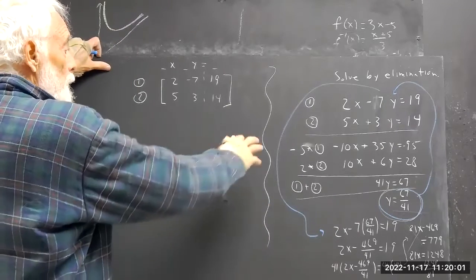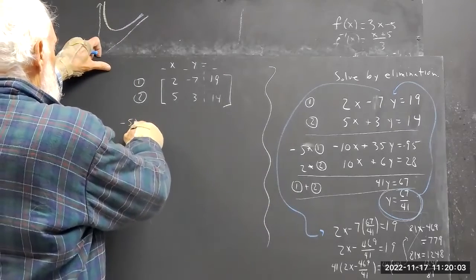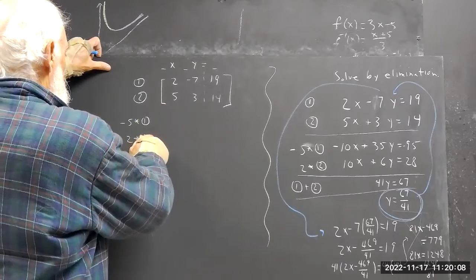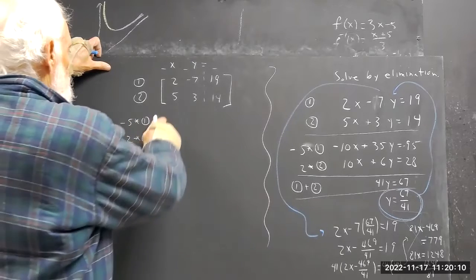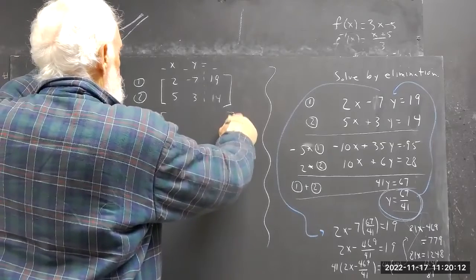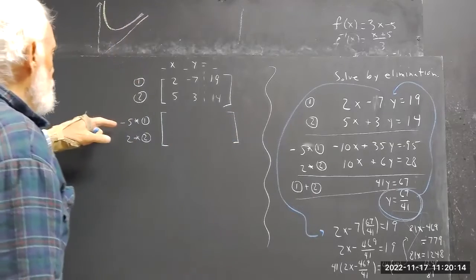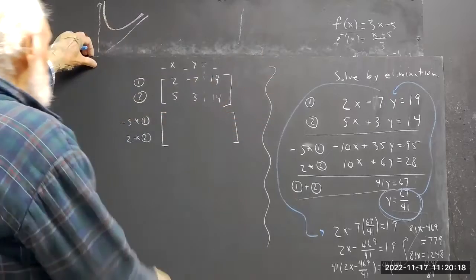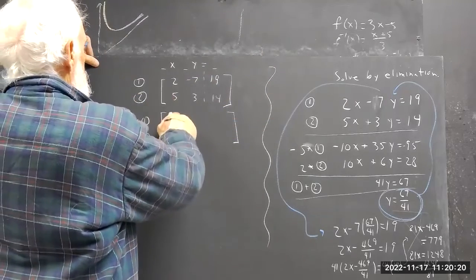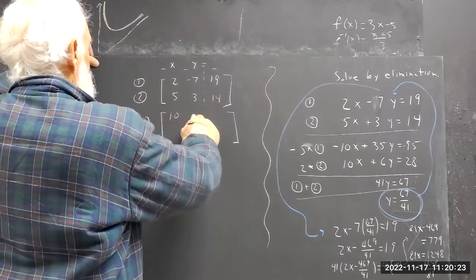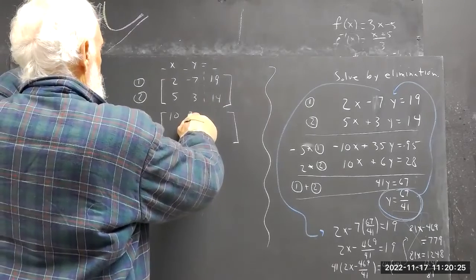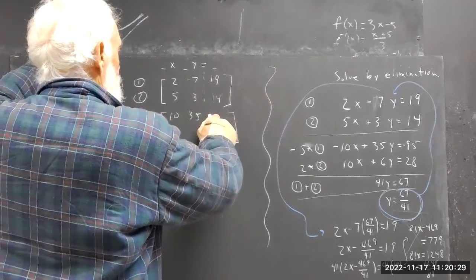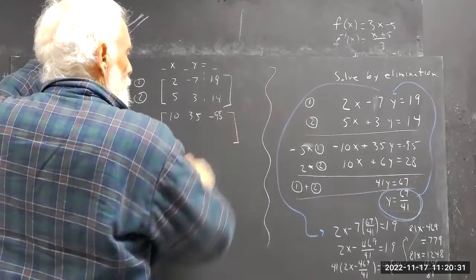Okay. So what did we do here? We did -5 times equation 1 and 2 times equation 2. Well, if we just do -5 times row 1 without even looking at the x's and the y's, -5 times 2 is 10, -5 times -7 is 35, and -5 times 19 is -95. Uh-oh,